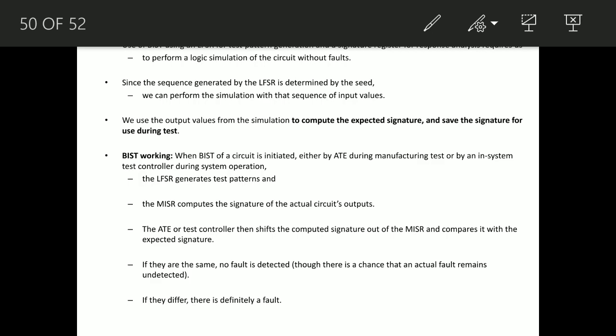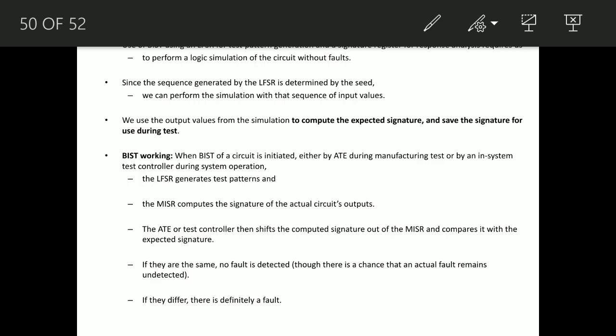We'll summarize the BIST working. In BIST we have the LFSR and the signature register. The LFSR is for pseudo random sequence generation, and the signature register is another way to verify the outputs. In BIST, the LFSR is used to generate the pseudo random sequences, and in signature analysis, the MISR is used to verify the outputs.